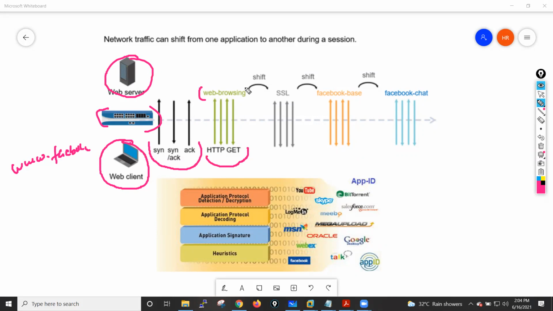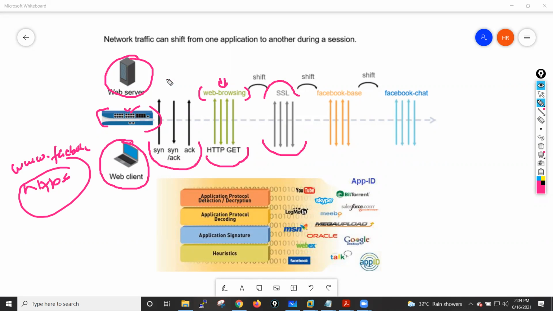When this HTTP request is received by the firewall, my firewall detects this communication as web browsing traffic. After that, because Facebook is hosted on HTTPS, they will switch that communication over SSL, so my firewall now detects this as an SSL application.